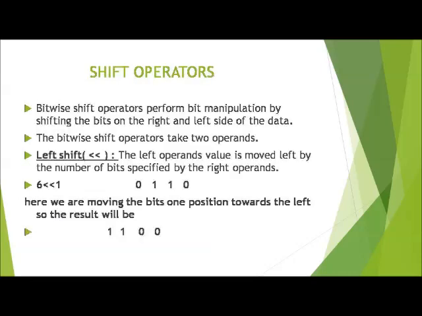The next topic for the discussion is bitwise shift operators. It performs bit manipulation by shifting the bits on the right and left side of the data. The bitwise shift operators take 2 operands. Left shift. The left operand's value is moved left by the number of bits specified by the right operand. 6 left shift 1 is 0110, 6 in binary. Here we are moving the bits 1 position towards the left, so the result will be